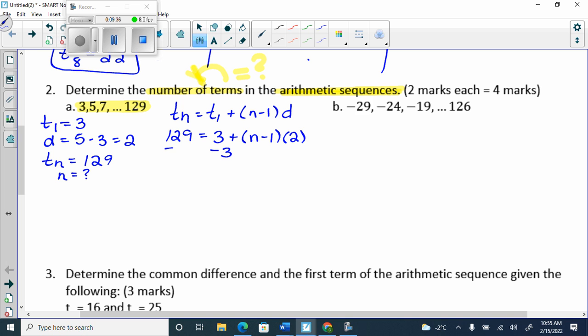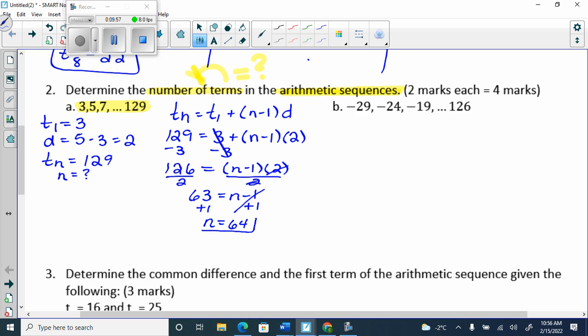Subtract the 3 first. Honestly, a lot of people can fill these in and then their math is bad. So make sure you can reverse bed math. 126 equals n minus 1 times 2. Then what I do next is I divide by 2. And I get 63 equals n minus 1. And then I add 1. And n equals